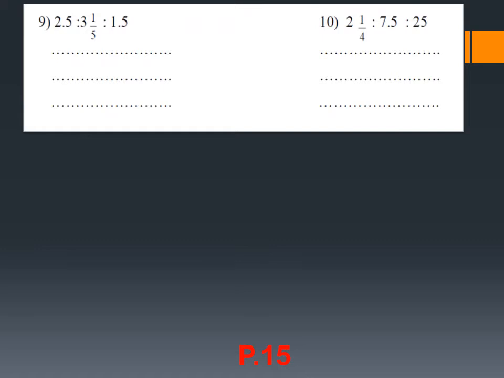0.5 to 3 1/5 to 1.5. We have a decimal, so change the decimal into a fraction and rewrite the ratio again: 5 over 2. Start to circle all denominators, 2 and 5 and 2, and multiply all of them